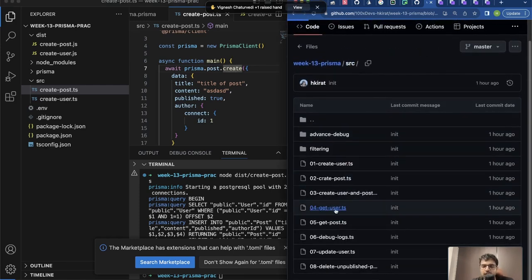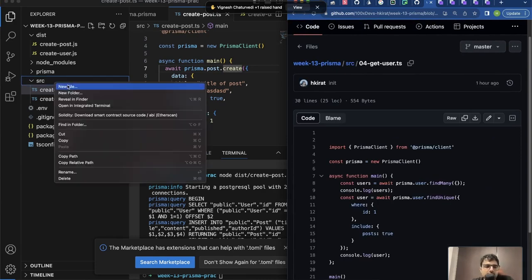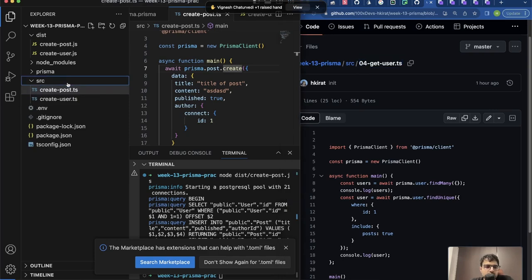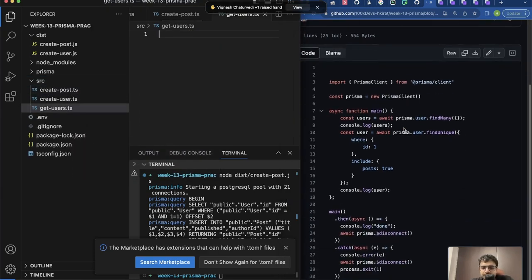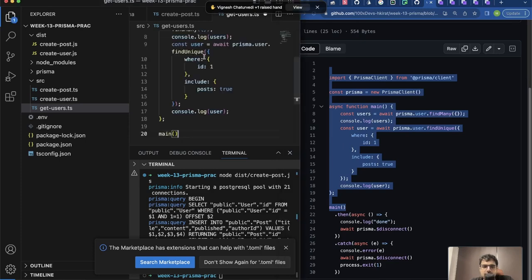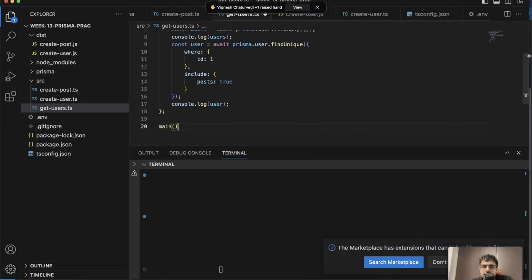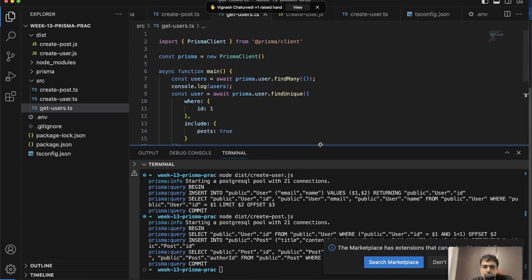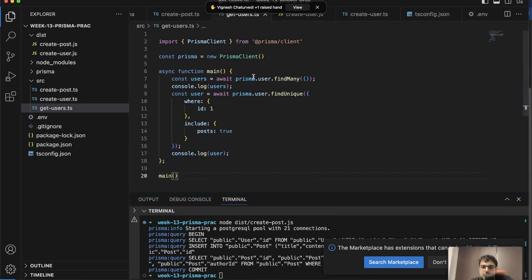All right. 04-get-users. So let's get to how you can get users and posts. So src, get, users.ts. Again, very straightforward. If I copy this over and bring it here, which I would urge you to as well, we do a const users equal to prisma.users.findMany, and I send no arguments here. You can send some arguments. What are these arguments? We will see very soon. But if I want all the users in my database, this is the command I will send. And if I log this,